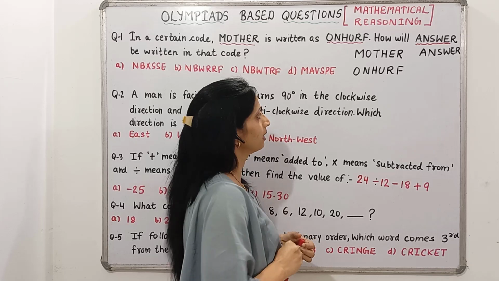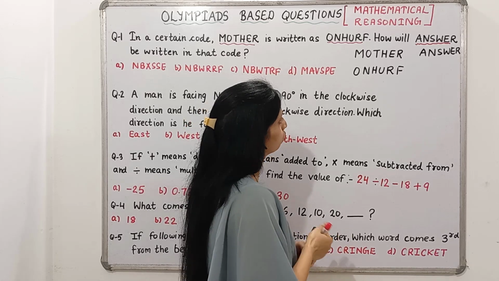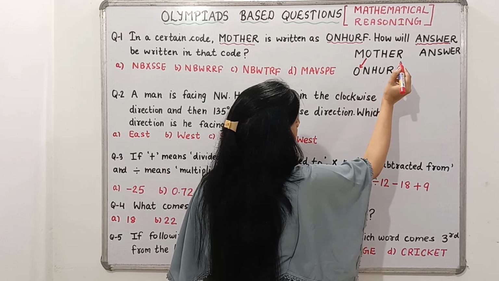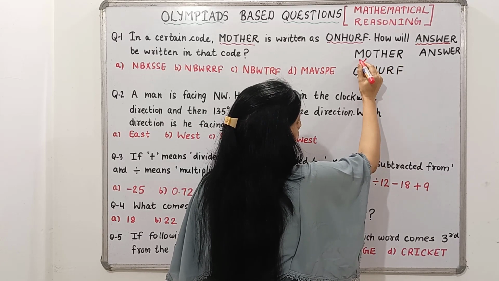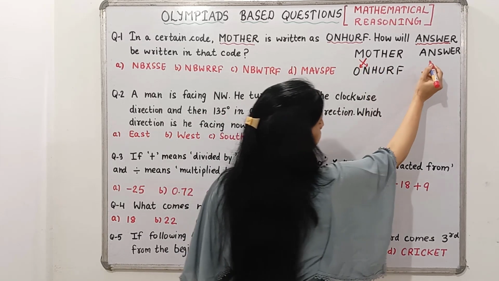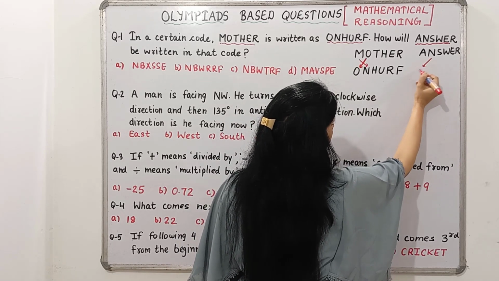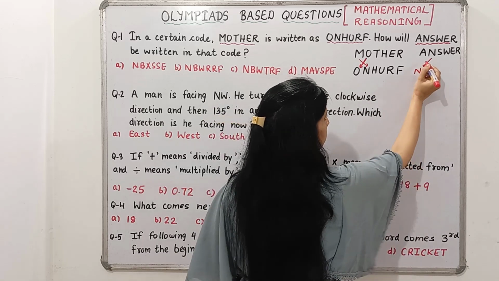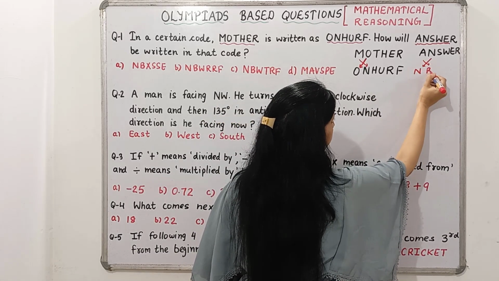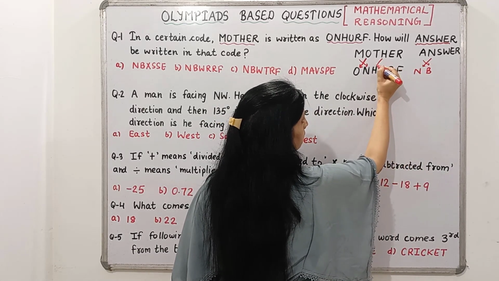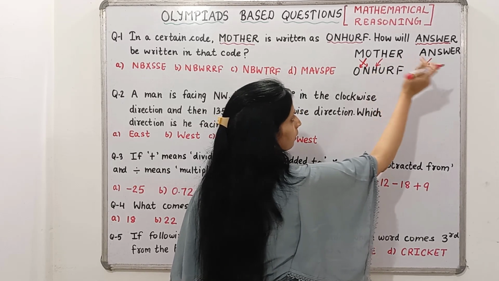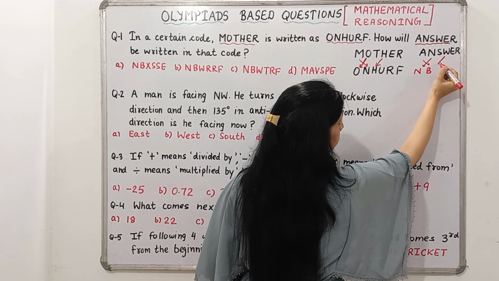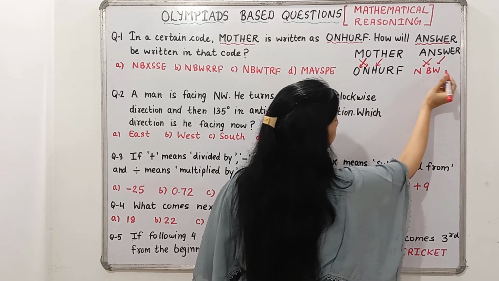Now for this, let's find out the relationship between these two. You can see that this letter O is same, okay, and M, after M what comes? N. So similarly we can write N same, and after A what comes? B. Next letter is B. Then H is same, fourth letter will become the third letter, we will write W, and